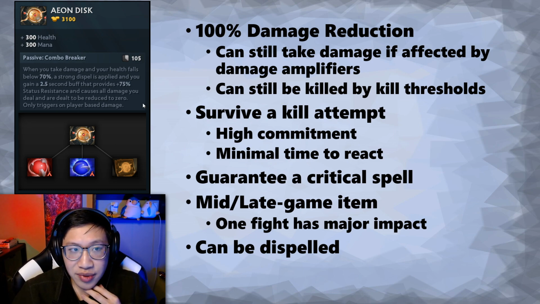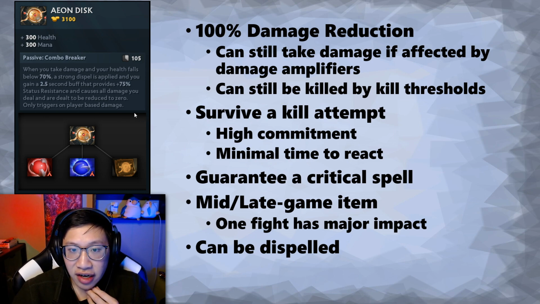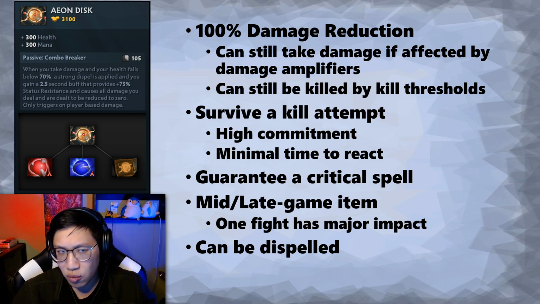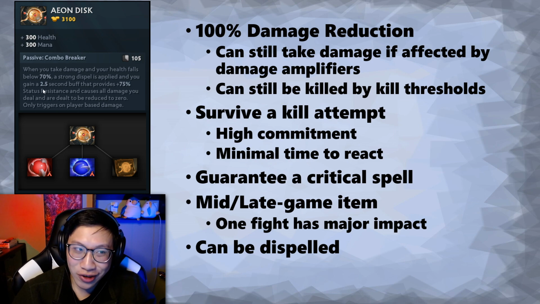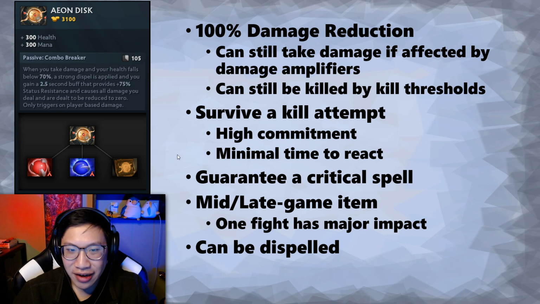The Aeon Disk helps a lot in that regard, because you don't need to react. It's just a passive item, and it can't be muted. I'll say that now. So things like Doom, things like Disruptor Ags, it won't stop Aeon Disk from proccing. Well, you could be killed after 2.5 seconds, but there's a good chance you will at least live for 2.5 more seconds, and then hopefully longer after that. That's the point of the item. Other cases are like...